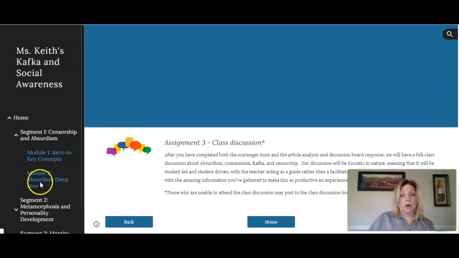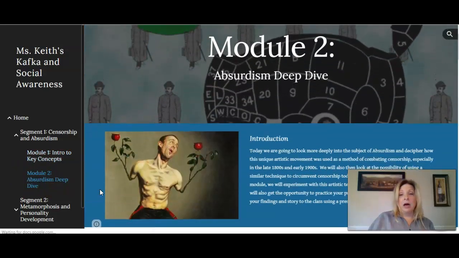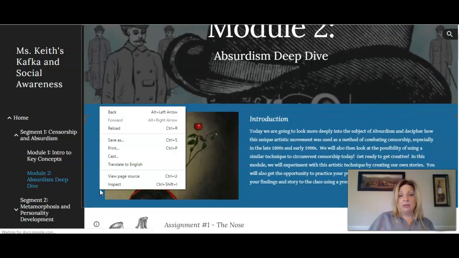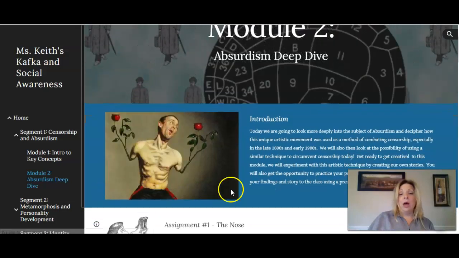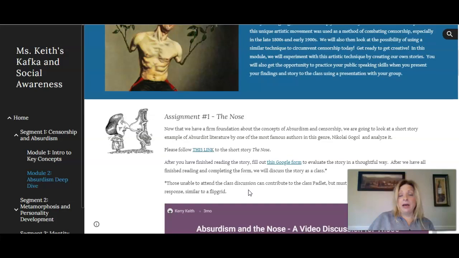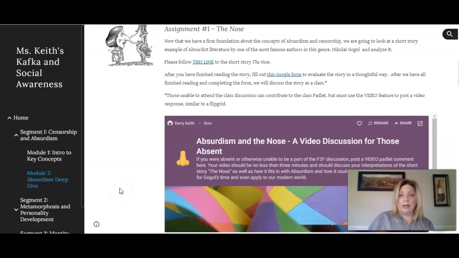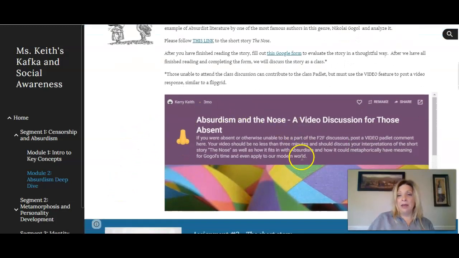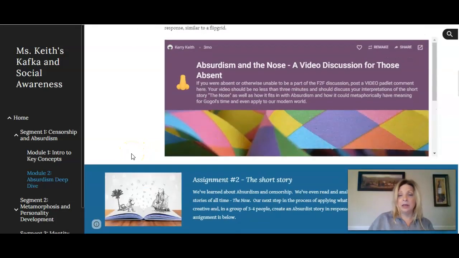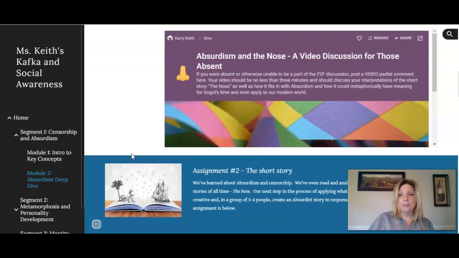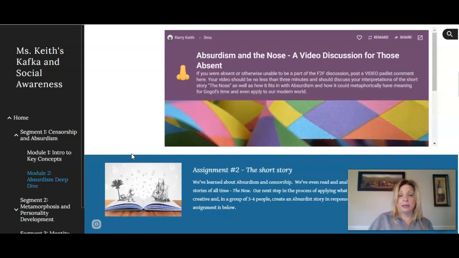For the second module in this, that's when we do the deep dive into absurdism. This is where they actually read an absurdist short story called The Nose by Gogol. Then they have a video discussion, but I did this one through Padlet because I thought we would save Flipgrid for another thing, and it would be a new way to use Padlet.